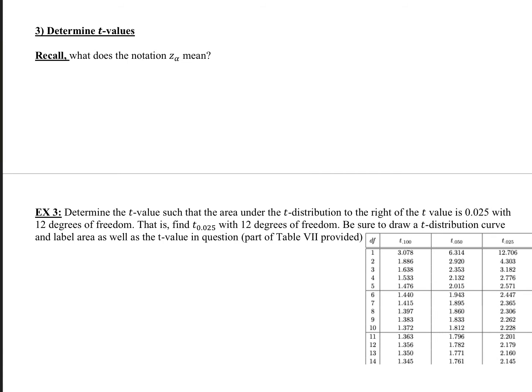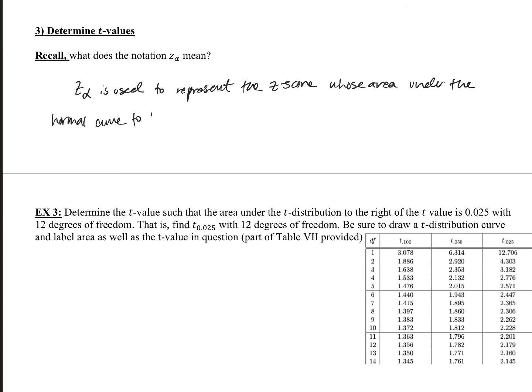So let's go ahead and determine the t-values. First off, recall, what does the notation z sub alpha mean? Well, it's used to represent the z-score whose area under the normal curve to the right of z alpha is alpha. So let me go ahead and write that out. Z sub alpha is used to represent the z-score whose area under the normal curve to the right